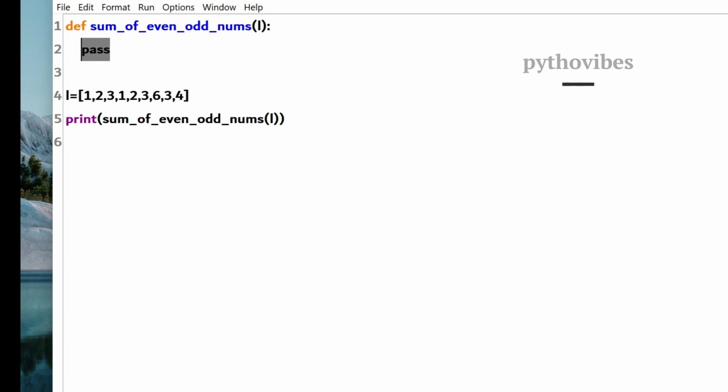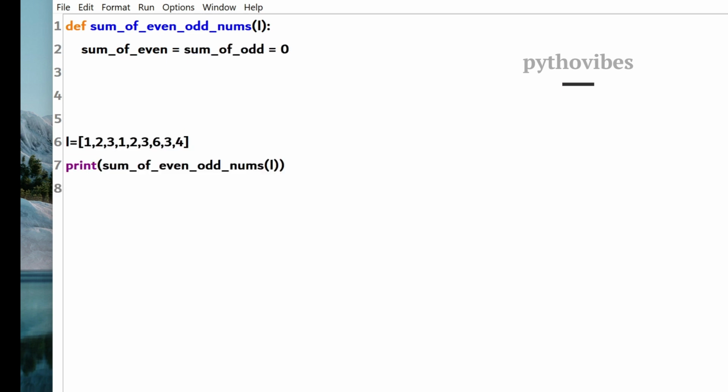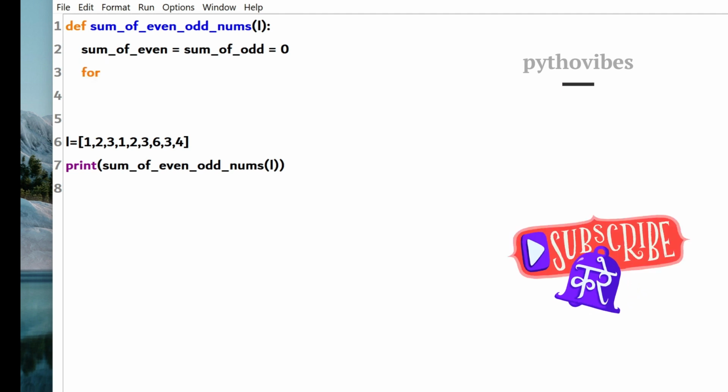So let me do one thing. I will take two variables here. Sum of even will be 0 and sum of odd will also be 0. Otherwise, we could take both of these in the same line, equals to 0. So initially I'll be initializing these two variables to 0 and then I will just loop over